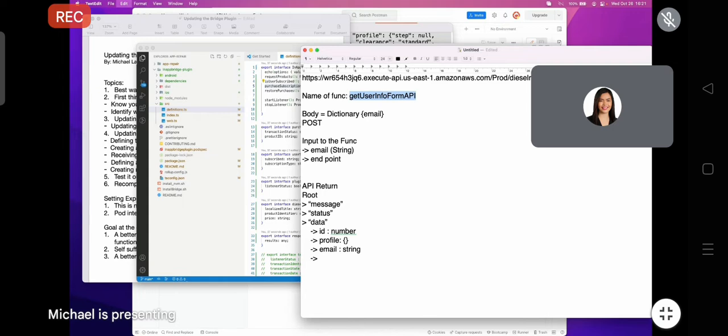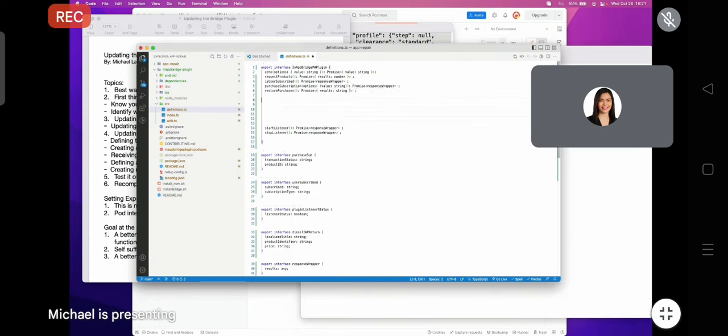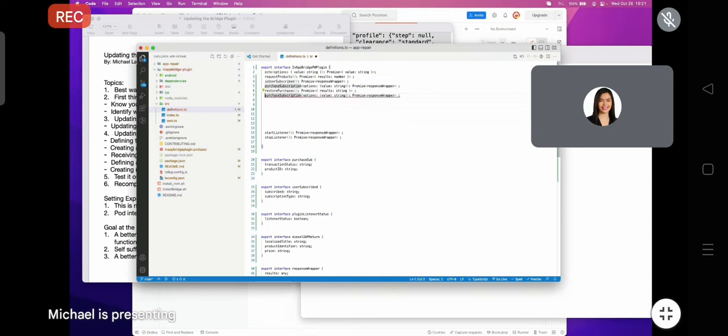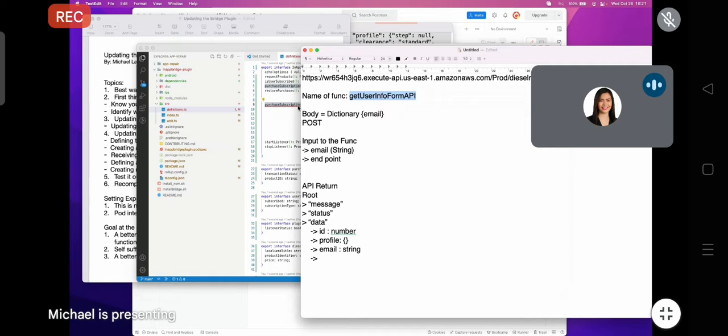There we go, so this is our function's name. So first, let us copy this, and then let's create a new copy of this here, and rename this to